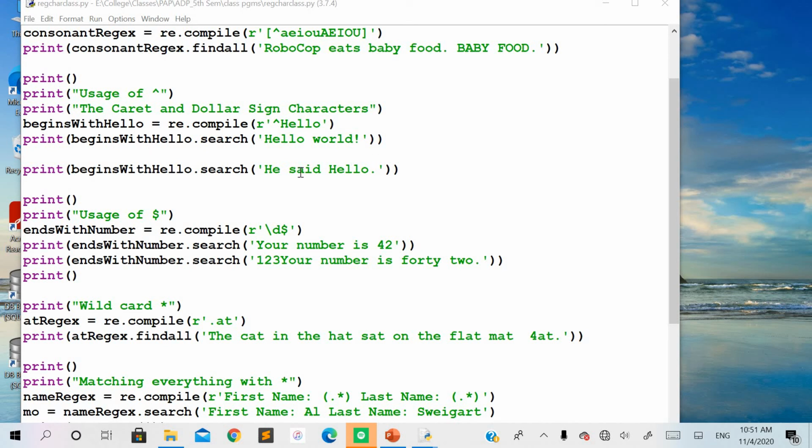So in this example, you can see here the hello is at the end of the input string. If you have used the caret for the regular expression pattern, it says that this pattern needs to be mandatorily matched at the beginning of the input string. As you have seen in the previous video, you are going to get the successful result for this first example where you have the hello at the beginning of the input string. But let's see what output you might get for this second example, where the hello is present in the input string but at the end of the input string. So let me run this and show you here.